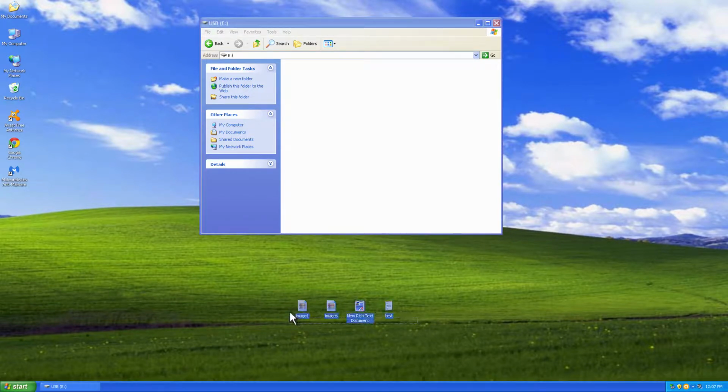So I can select all of these by left clicking my mouse and not releasing it, and moving the mouse pointer over all of them and releasing the mouse so they're now selected. I can right click now on the files, not releasing the button, moving it to my USB drive and then releasing the button. Now you have the option of copy here, move here, and create a shortcut, which you don't